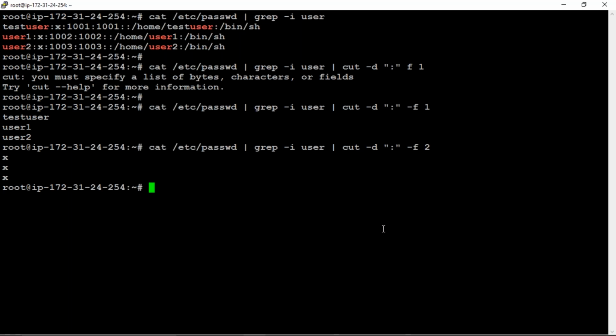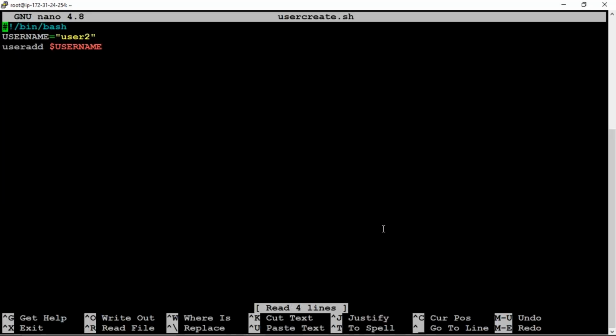Good. Previously we created one user, right? What user did I give? nano user create.sh, that is the user I have given. Let me open that code. So this is the user. Here I directly gave user2 as the username, right? So here my question is, suppose you are the client. I don't know which input you are giving to create the user. So how should I do that? Did you understand my question?